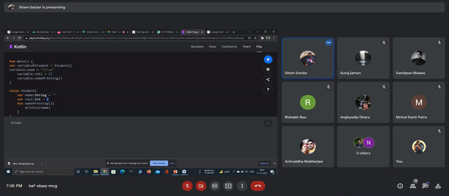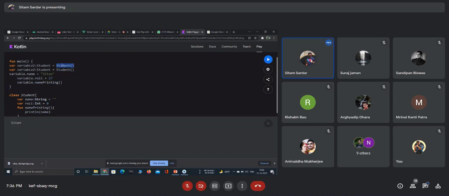Let's say it's variable 1. Now I can also create a variable 2 in the same way. Let me copy it. Variable 2. Now mind it, every time I call this statement, it creates a new memory allocation inside our system.